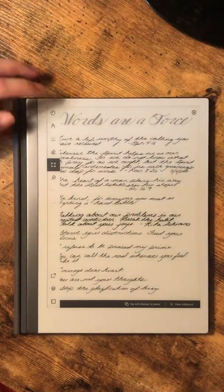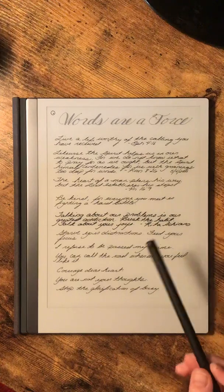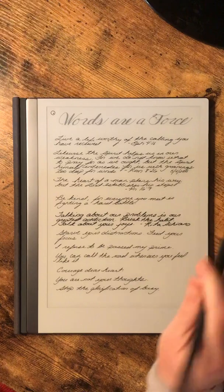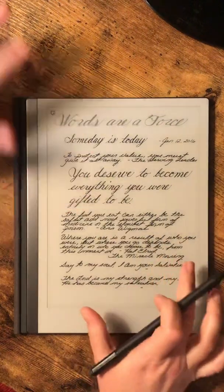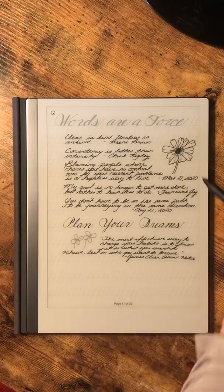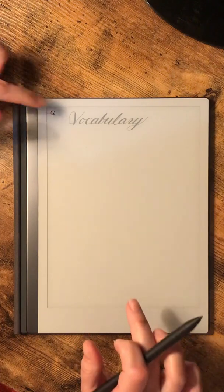It's awesome. So anyway, these are all the quotes that I pulled because I always had, in the first few pages of every notebook, this "words are a force" at the top, and I just started collecting quotes. And I've collected a lot of these, and the ones that really stood out to me, I would do more calligraphy on. So I absolutely love this. It's just fun. Do some little doodles. So goals and vision. Vocabulary I haven't used yet, but you know, planning on putting new words I learned here